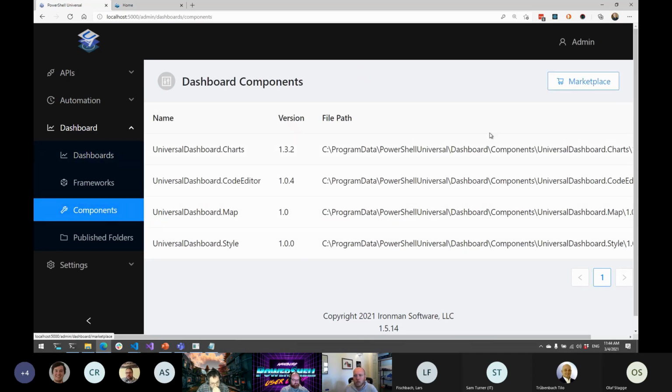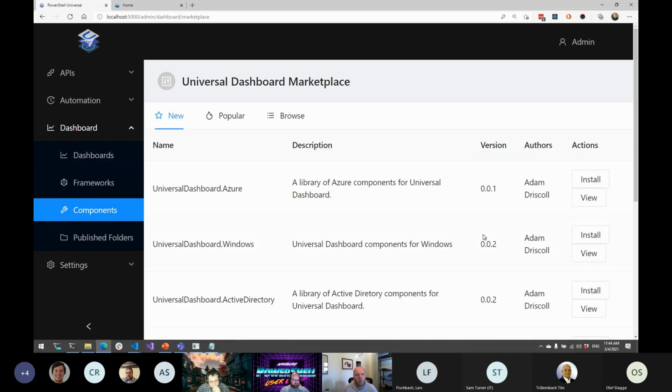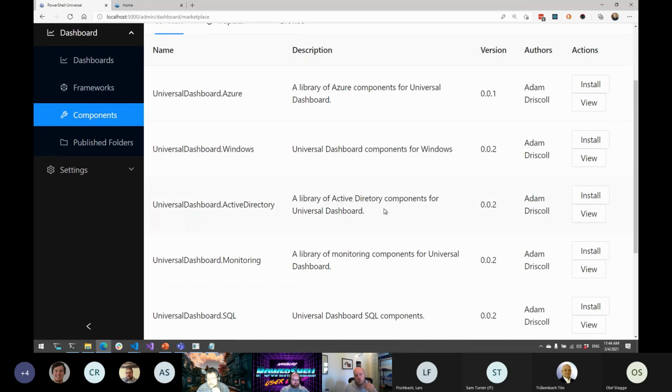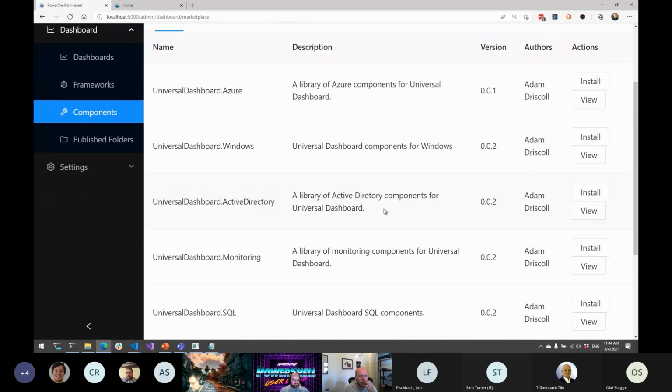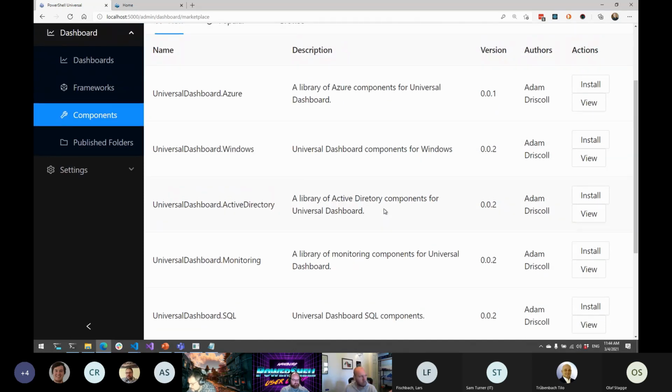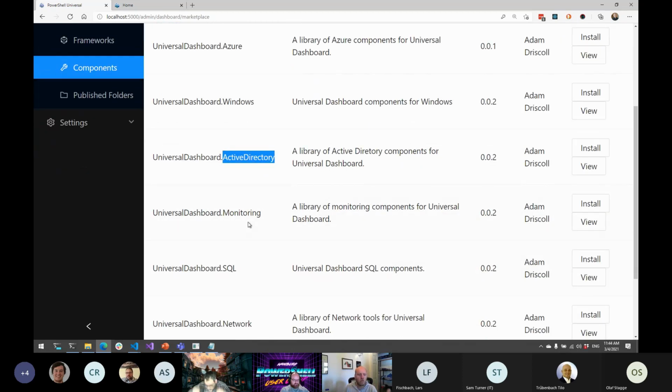So we're making some investments in the marketplace, and you're going to notice some of our most recent modules are focused around actual technologies, like Azure, Windows, Active Directory, monitoring, SQL, network. So we're going to start building these out so that we make it real easy for people to